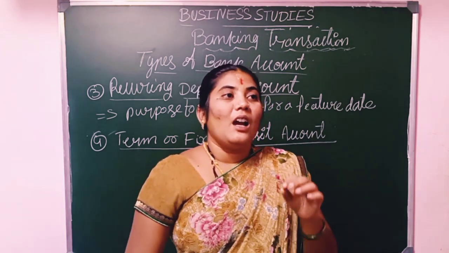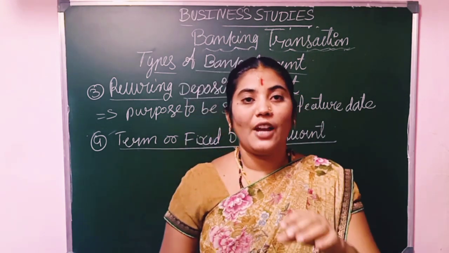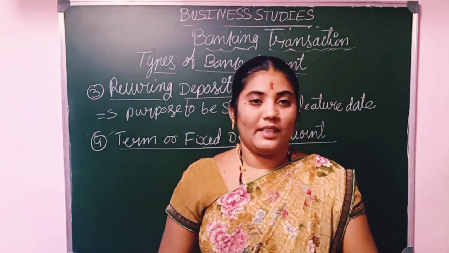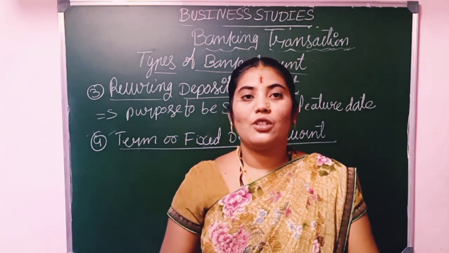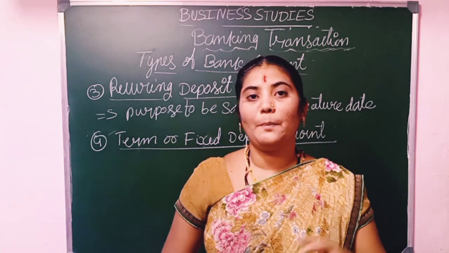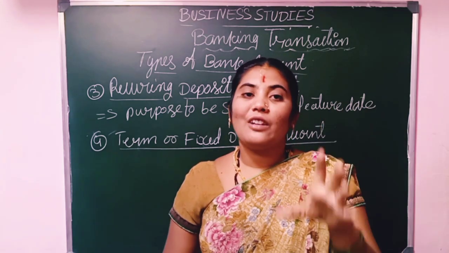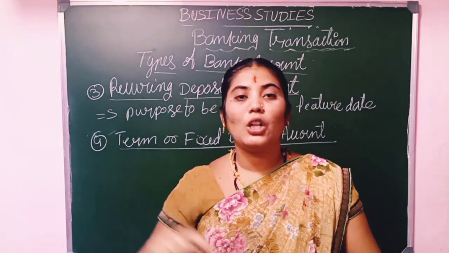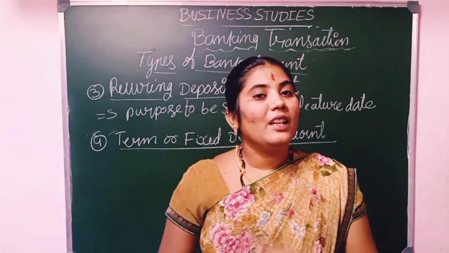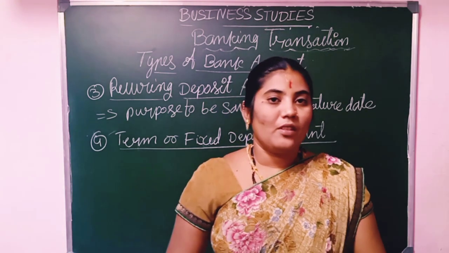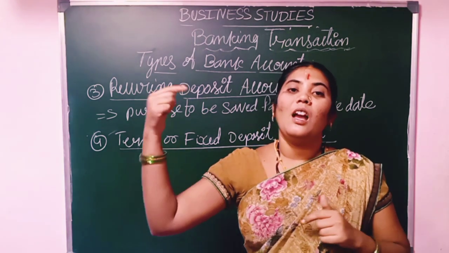But here, I fixed 10 lakh rupees for 10 years. After 5 years, I urgently need the 10 lakhs, so I want to withdraw. That is called premature withdrawal. I want to withdraw it, but they give only 5 years of interest on that amount. They are not ready to give 10 years of interest, they give only 5 years of interest along with my deposit. This is called premature withdrawal. The deposit would otherwise get its maturity after the 10 years.